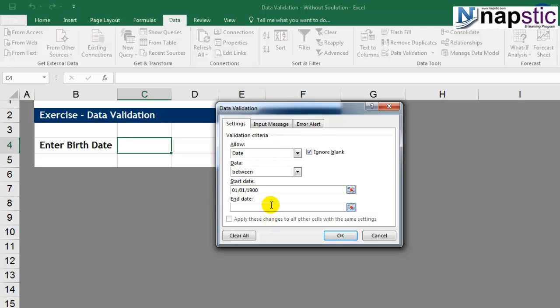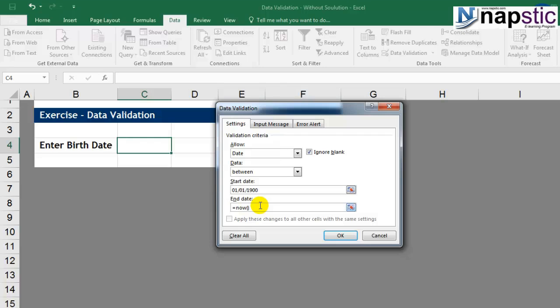And let's say I want the end date to be today, any day now, so I'll put the formula equal to NOW and close the bracket. This will allow any date from 1900 up to today.